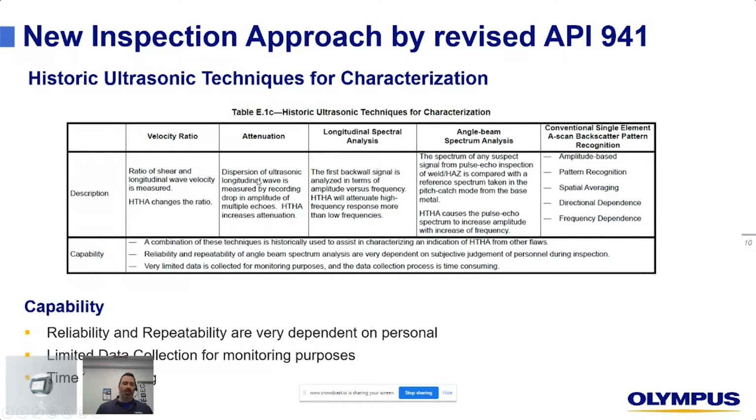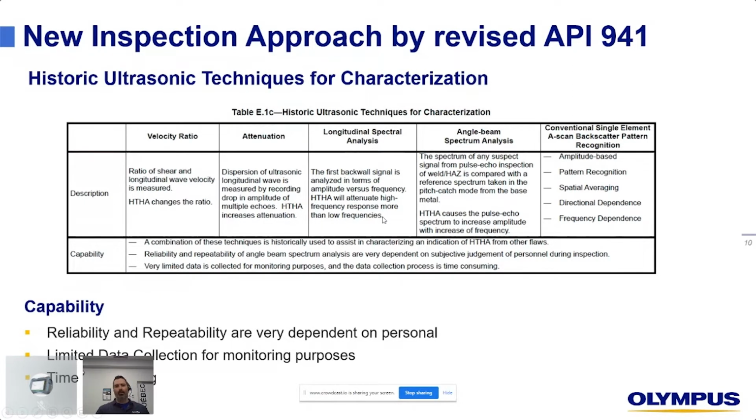Attenuation, of course: if the ultrasound beam has to travel through a colony of HTHA, then the resulting back wall amplitude is going to be weaker. I said 5, basically 4: L wave and shear wave spectrum analysis.